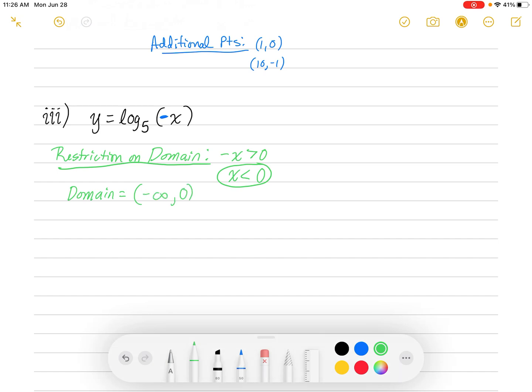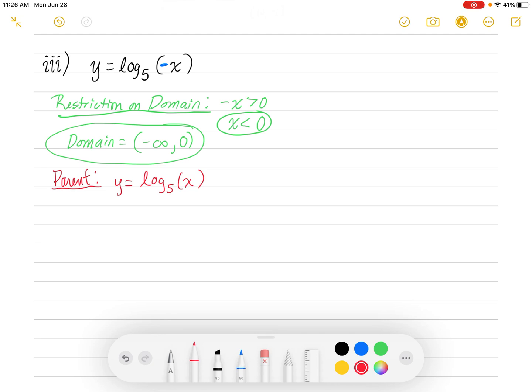So your domain here, it's everything to the left of 0. So that'd be negative infinity to 0, not including 0. So you can imagine your graph is going to be on the left side of the vertical asymptote rather than the right side like in the past ones. Your final graph. Okay, so we want to graph the parent first,